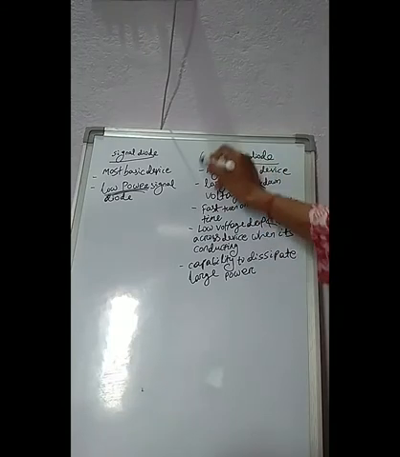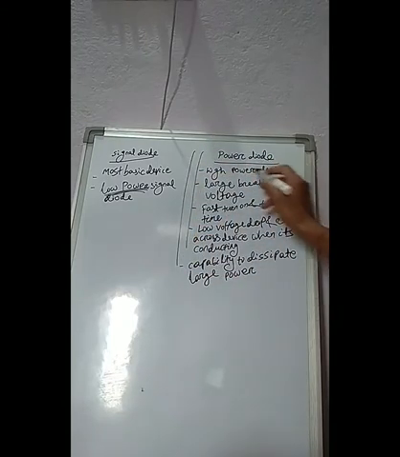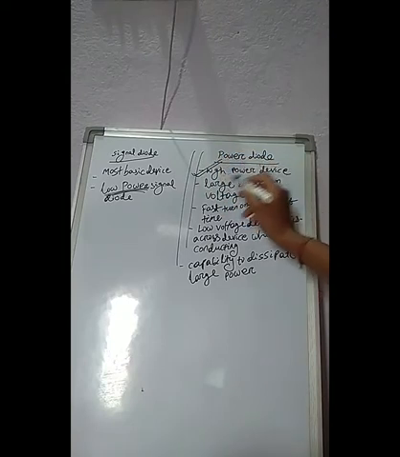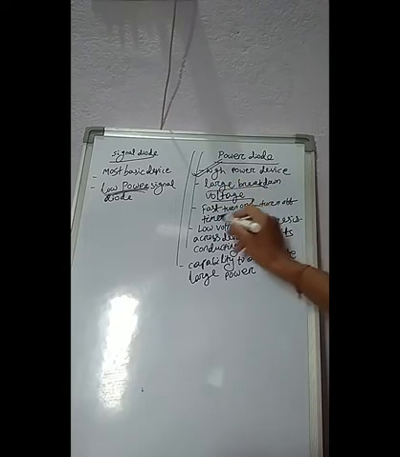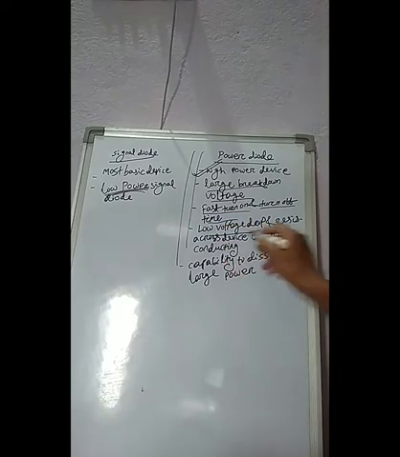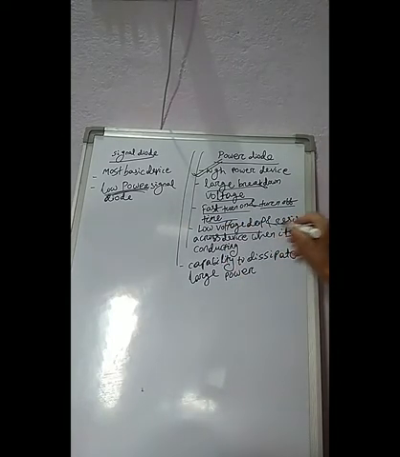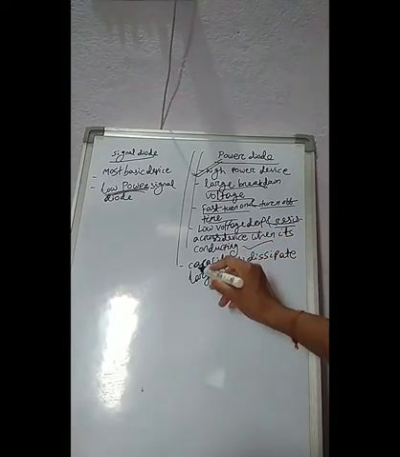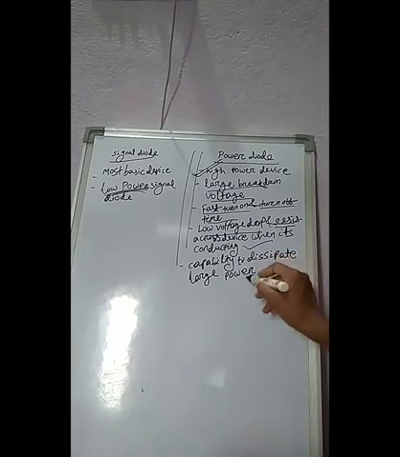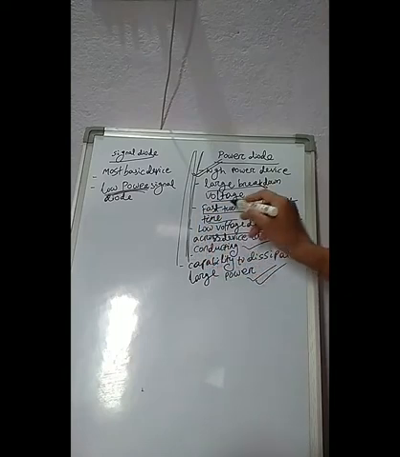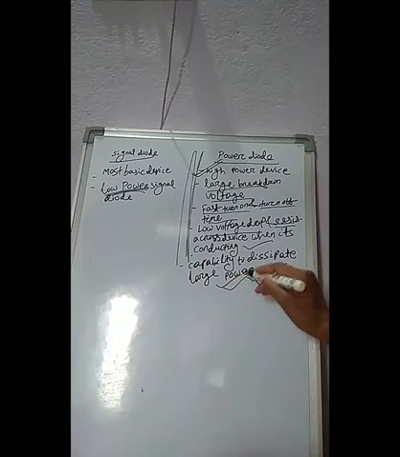But these are the features of the power diode. What are the features? It is a high power device. It is used for high power levels. It has large breakdown voltage. It has fast turn on and turn off time. Then it has low voltage drop and on-state resistance across the device when it's conducting, and it has the capability to dissipate a large amount of power. So these are the possible features of the power diode which we conclude from the structural discussion.